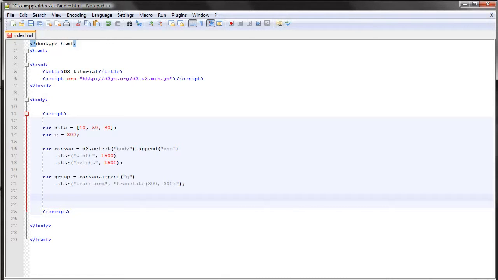So for example, in this video we'll be using the pie layout, and what the pie layout does is it takes all our data, and for each data element it returns an object with a start angle and an end angle, and also a value property which contains the actual value. So we'll look at that in a second, but first let's set up our